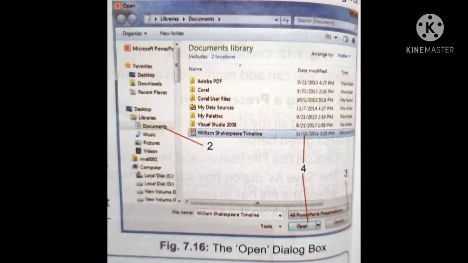Select the drive as well as the folder where your required document is saved from the left pane. Select the kind of file that you want to open from the all PowerPoint presentations box. Finally, click the file name in the file list and click the open button, or double click the file name to open up the file.